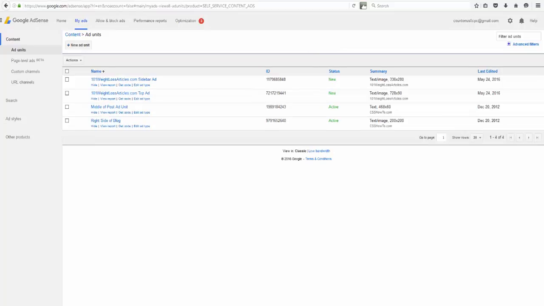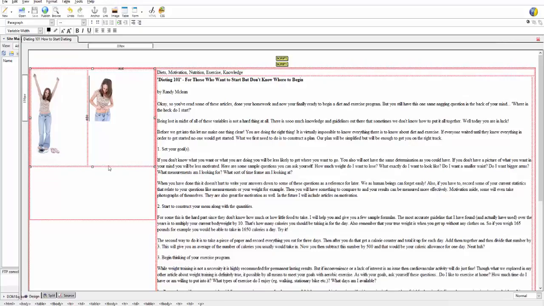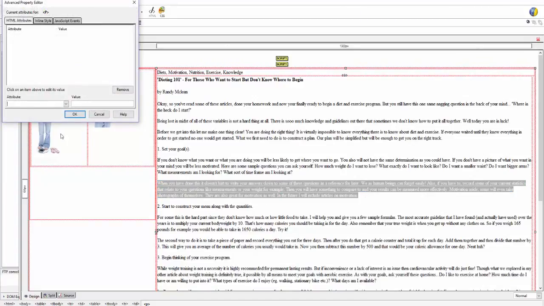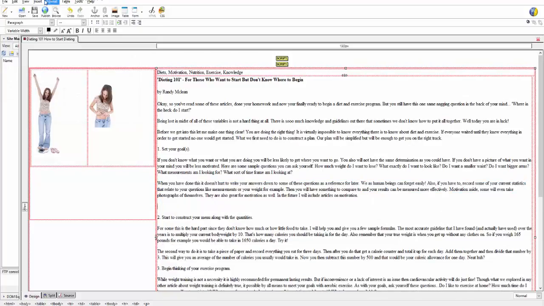Go ahead with the asynchronous code here. We're going to copy this code, and click on close here. And then I can go back to this page here, and I'm going to choose a spot for this ad to actually show up. So let's say maybe right below this picture, or actually let's go right in the middle of this article. Actually, it's not a bad idea to place it in there. So let's go maybe a little bit down. Let's go here to option number 2, and I'm just going to simply click on Insert